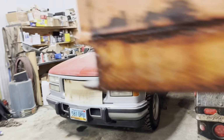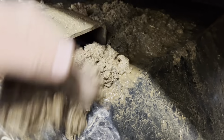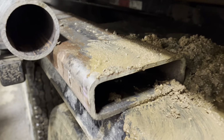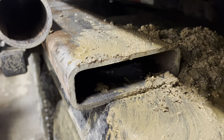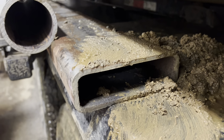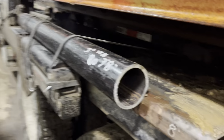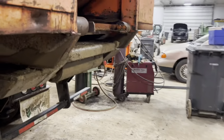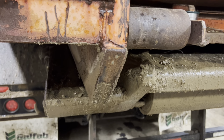Like, this is a material I bought. I bought some new 2x6 inch box steel there. 2x6 inch box tubing maybe, or whatever you call it. And then I got some 3-inch schedule 80. That way I can turn up the welder and really get some heat on these. I honestly think it's gonna be better to extend these out. If I can get some good welds on there,